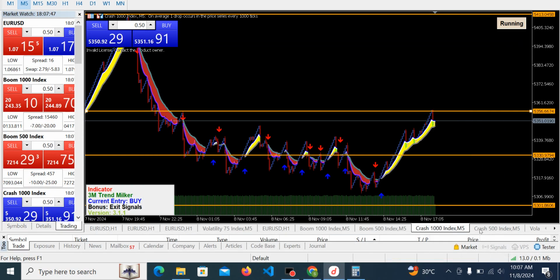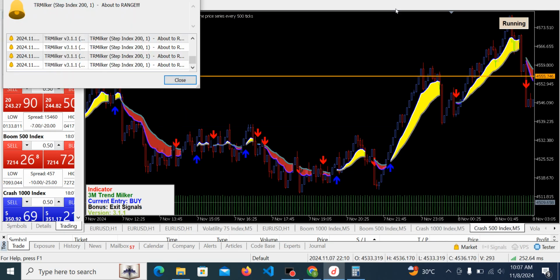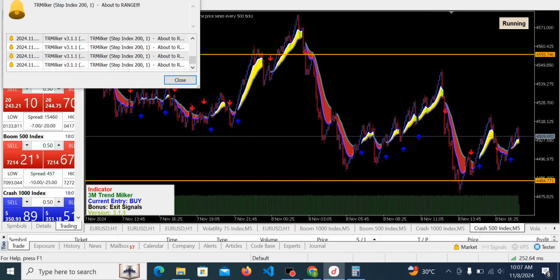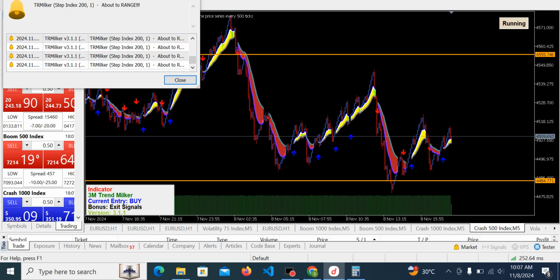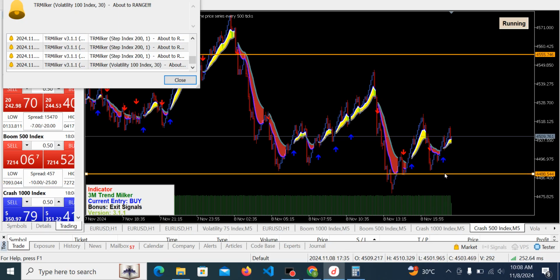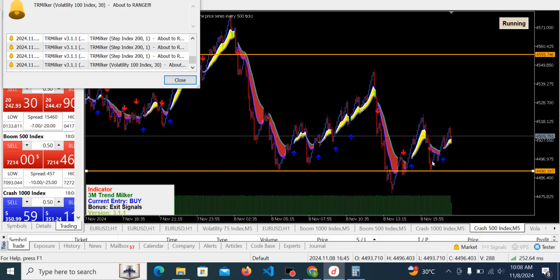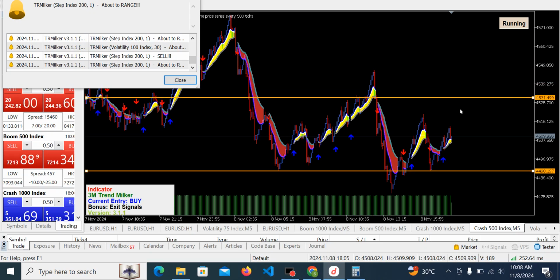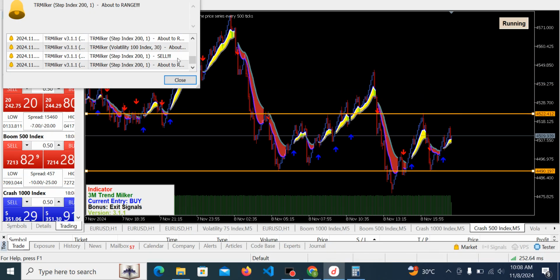Okay, so the next asset is going to be crash 500. Let's check it out together. Okay guys, this is crash 500, and of course this actually went on downtrend. It was unable to break out below this support zone, so it's trying to go back on uptrend right now. You can see it right from here. It came back to the support zone and went back up, and if you should notice, this is trying to form a W, and of course guys, once it breaks out above this,